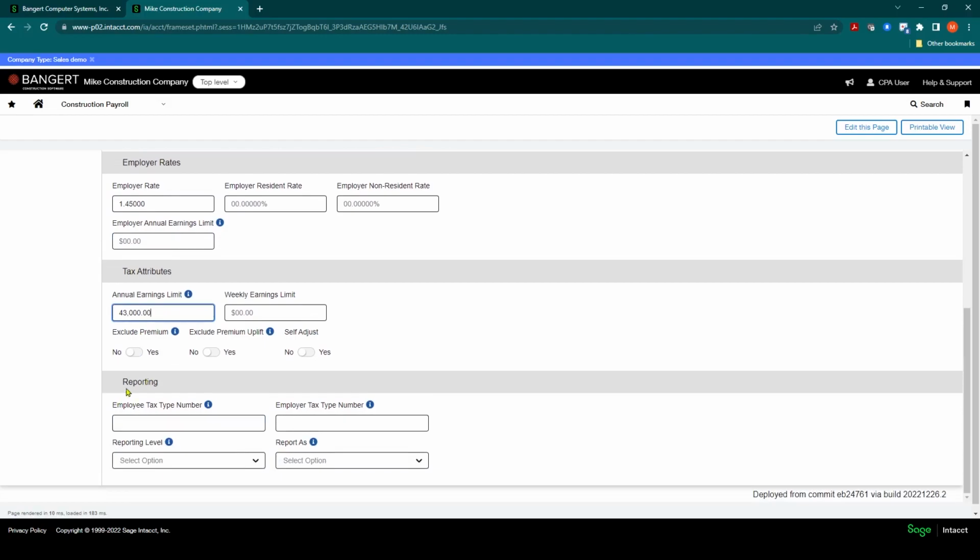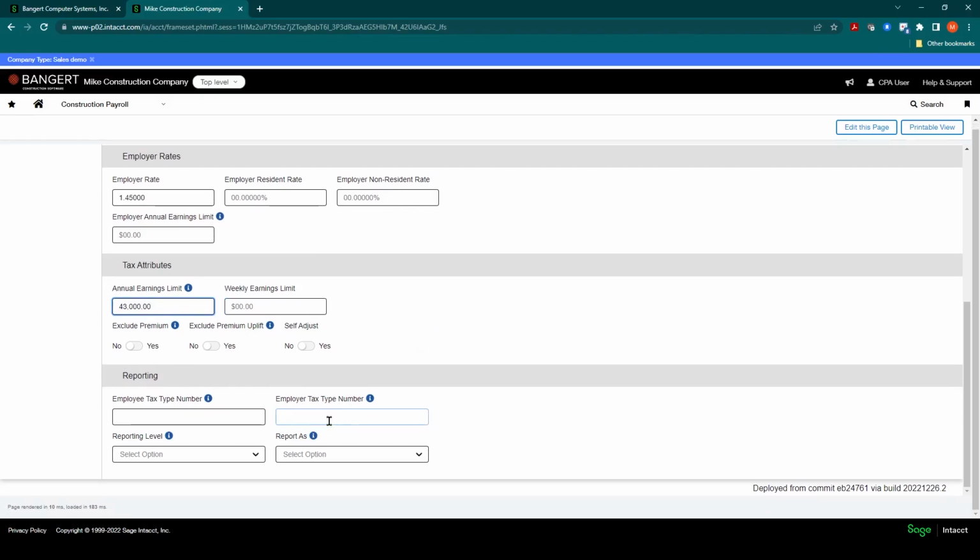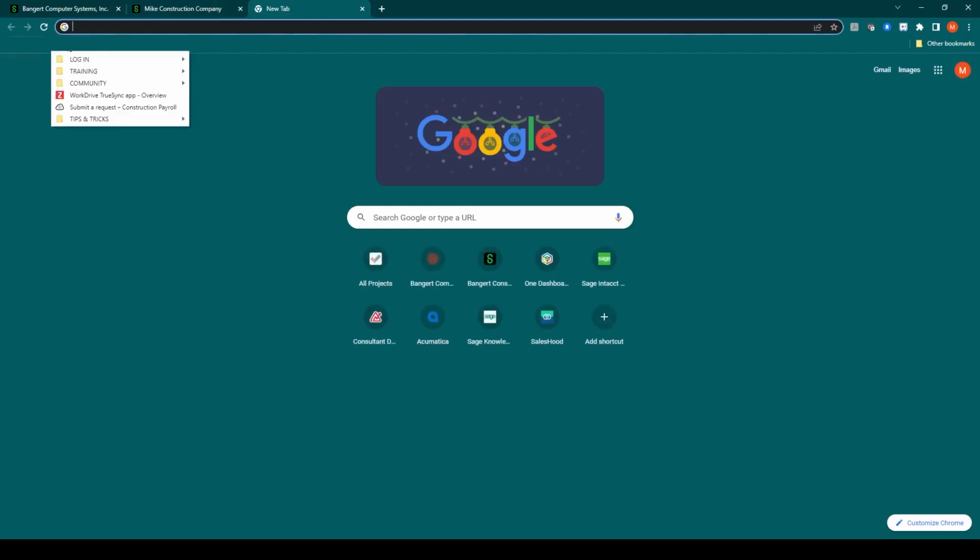The other thing you need to do is for your integration with your Atrix for tax filing, you'll need to come into here and establish the employer tax number that relates to Atrix. And how you can do that is you can go over to your help system again.